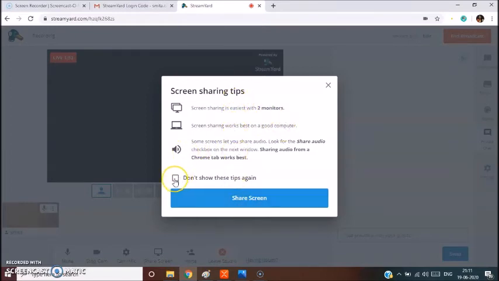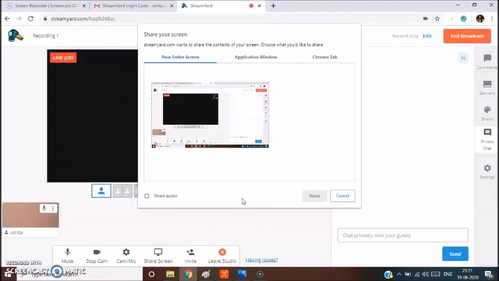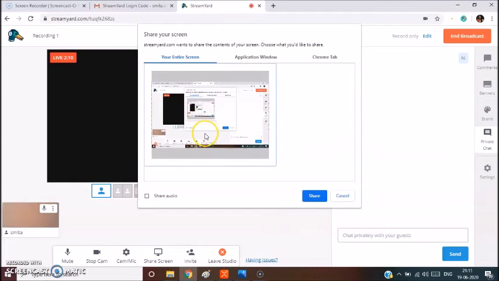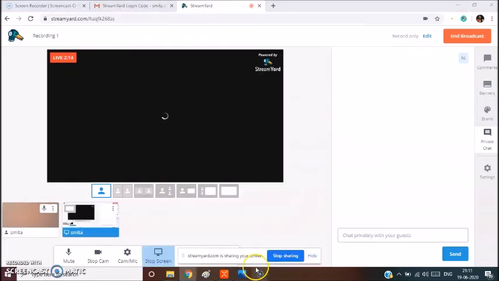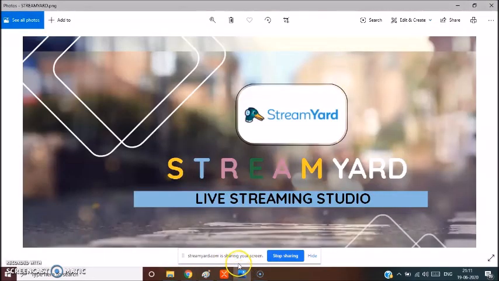You can simply click on don't show these tips again and then click on share screen. You will be allowed to share your entire screen. So select the screen and click on share. If you wish to stop sharing the screen, you can click on stop sharing.